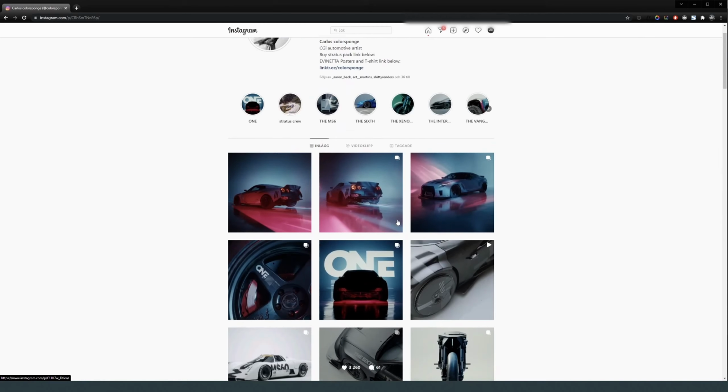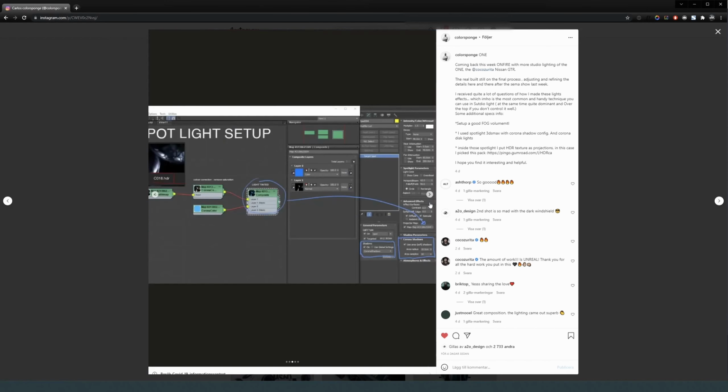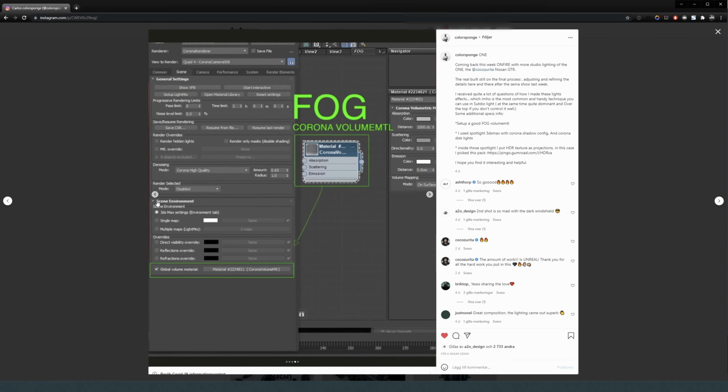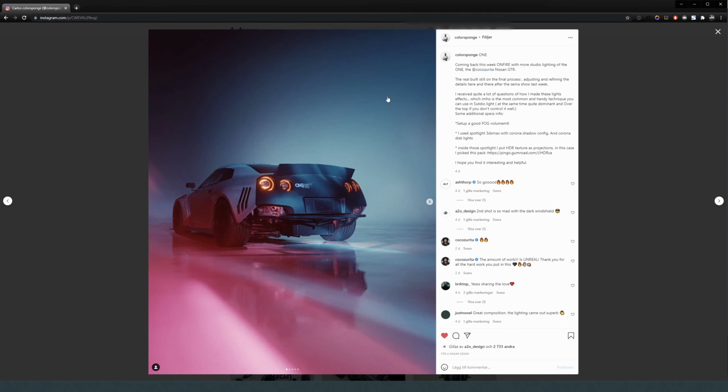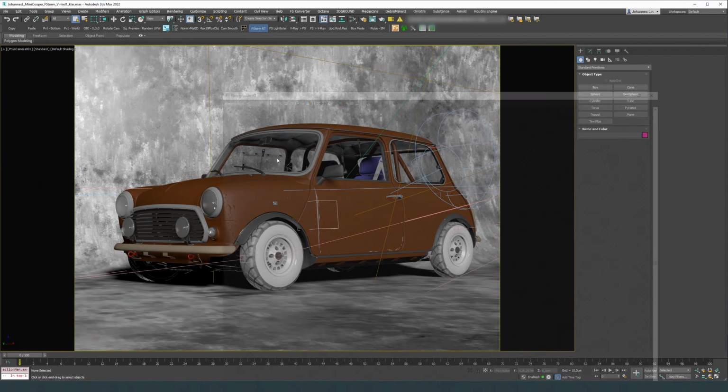Anyway, he shared a post the other day where he was showing what he was doing to make these cars, these renders. So I thought I wanted to do that, and I thought it got a really cool result, and so I thought, why not pass it along here on Patreon. So what I will do, I will start with this scene, and if you follow me on social media,